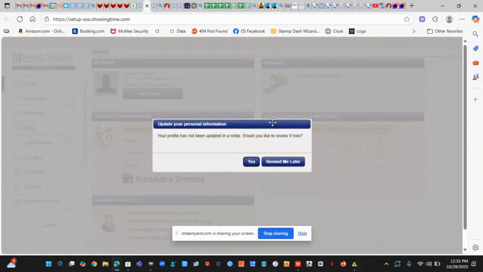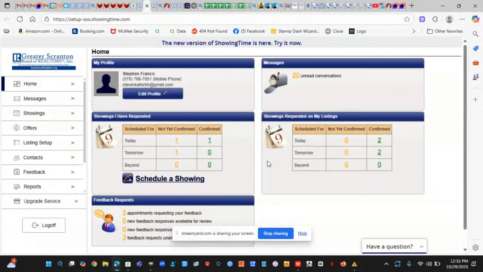Now, even off market, you are still dealing with sellers' disclosures. You are still dealing with